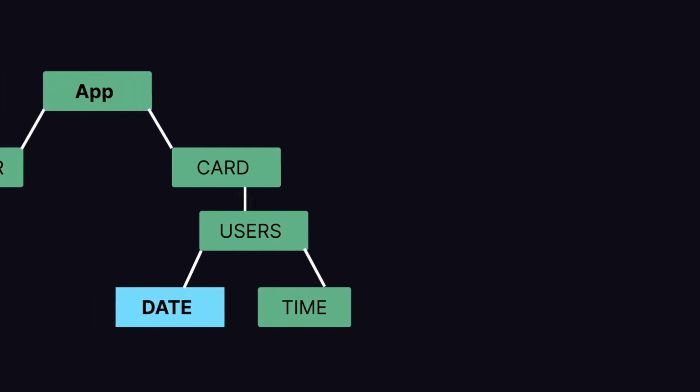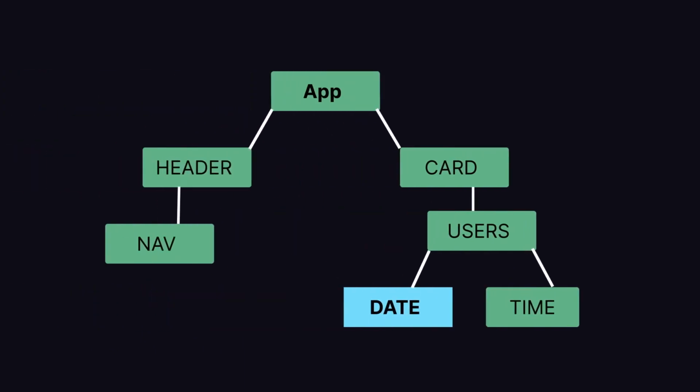So now let's talk about the famous problem with React.js, which is called prop drilling. So what is prop drilling and why should anyone care about that? So here you can see I have a component hierarchy right here. So I have different components like app, card, header, navigation, user, date, time, and so on and so forth. And here inside the app component, I have a data. Suppose I want to pass that data from the app component to the date component,